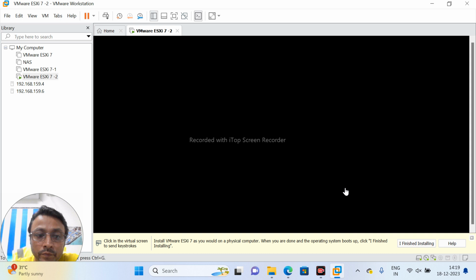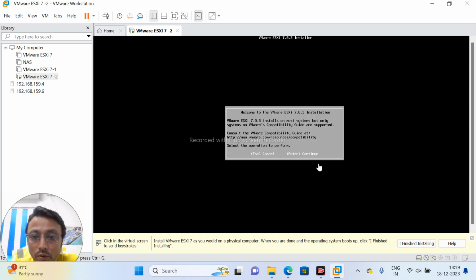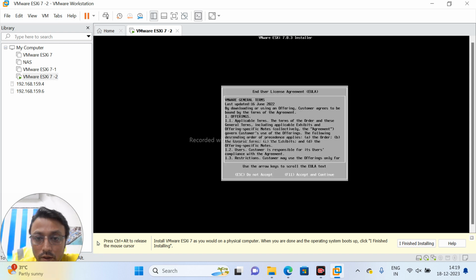So now the initial files are installed. Now it will ask, welcome to VMware ESXi 7.0.3. Now it will ask, we will start installation. So click on enter, click on function 11,